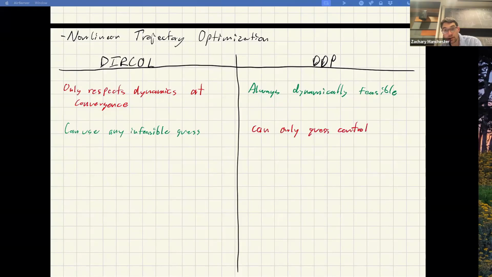which is maybe annoying. And then talking about other constraints, with DIRCOL, you can basically handle arbitrary constraints on the states and inputs. You can just write down all the constraints you want, and the solver will kind of do its best. So that's very nice. Well, it doesn't always work. You can start with some random thing that doesn't obey the constraints, and effectively,